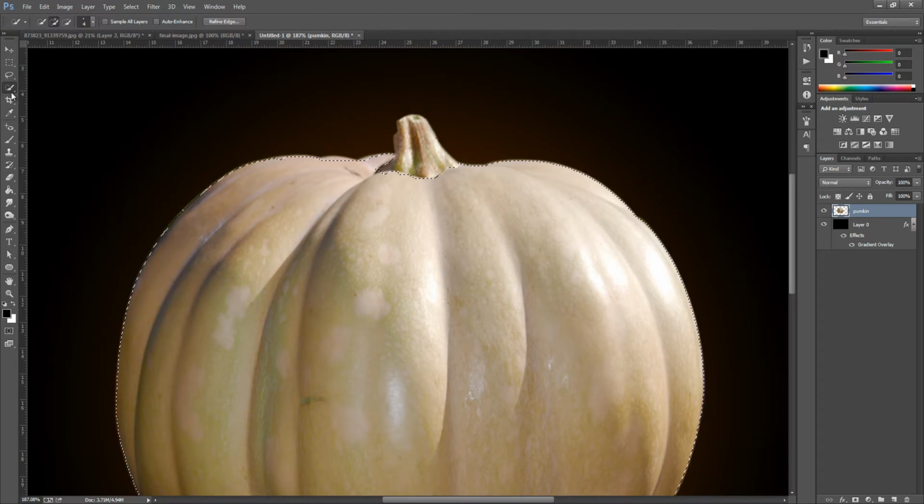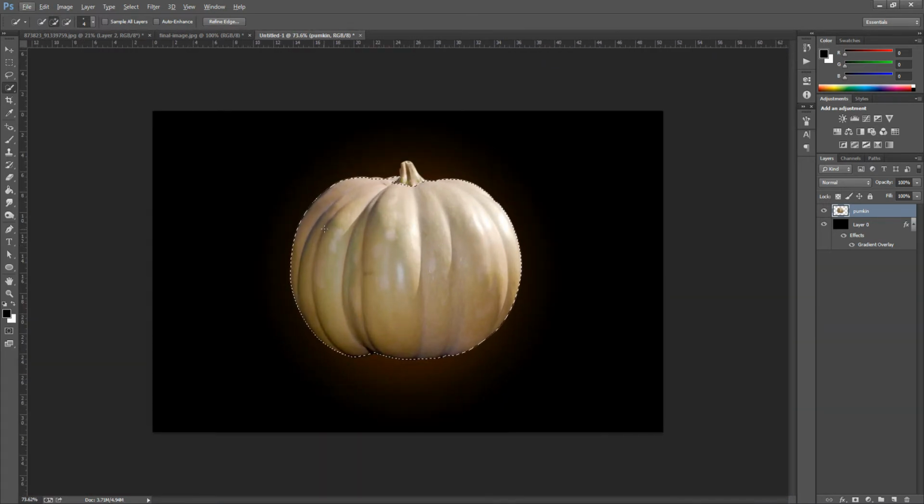Now this is a quick bit here, but obviously you can use the pen tool as I said. If you really want to make it really neat, definitely use the pen tool for this. So if you're going to use the pen tool, obviously you'd map around the top bit and then inverse it to select the pumpkin, but apart from that, it's made a fairly okay selection so far.